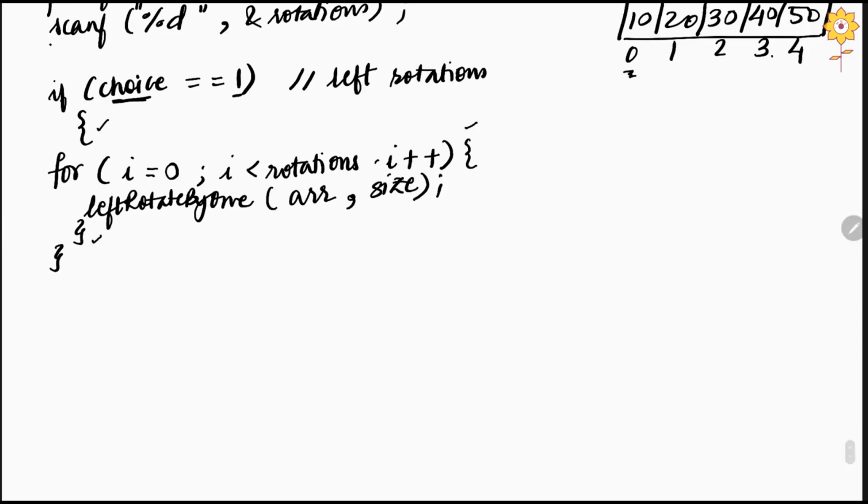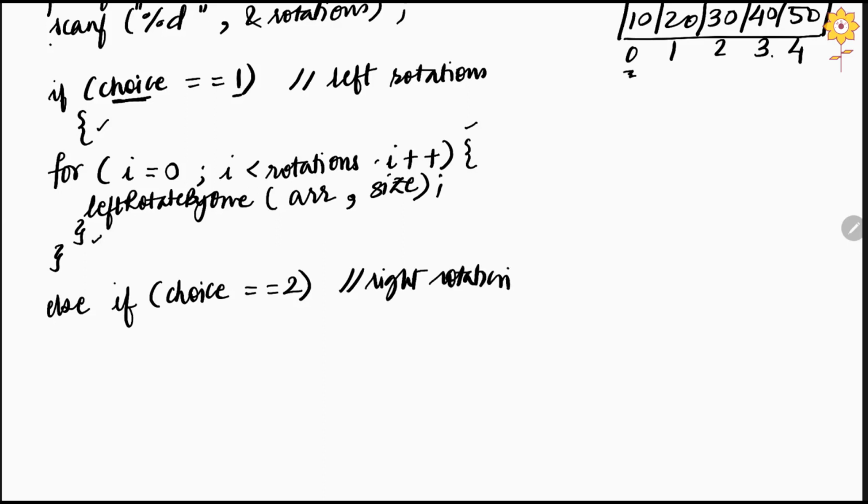Let us write for right rotation. So, we will have to write else if, again we will put our choice. Let us say choice is what now in case of right rotation? It should be 2, right. Let us comment it as right rotation, okay. Then you will put a curly brace, you will write your for loop, i is equal to 0 again, because you will start from the 0th position, correct, and i should be less than the number of rotations that the user has asked, okay. Then you will put a semicolon and i plus plus, curly brace starting the for,